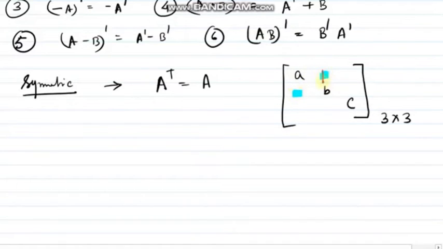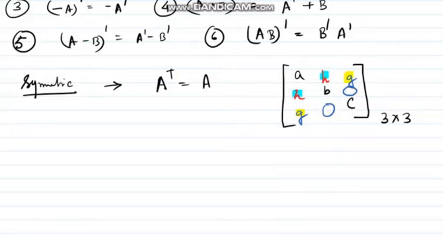So suppose I am taking H here. Sorry, I said I am going to write H and I wrote G. So this will be my H, right? Next one, these two elements will be equal. So if I take G here, these two elements, okay, and we are left with two places, one is this and one is this. So again these two elements have to be equal. So if I take this as A, now just do the transpose of this, you will find that these elements are equal. So I can say they are symmetric matrices.